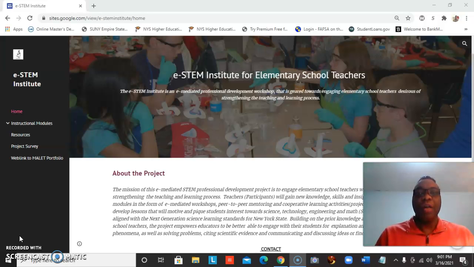Now, a lot of the challenges that I experienced revolved around how best I can create learning activities to match the learning objectives for each module.